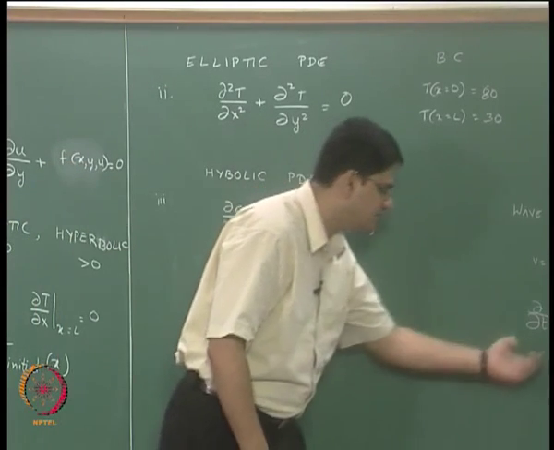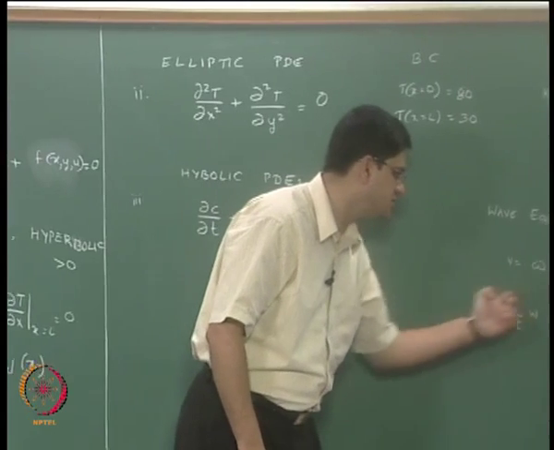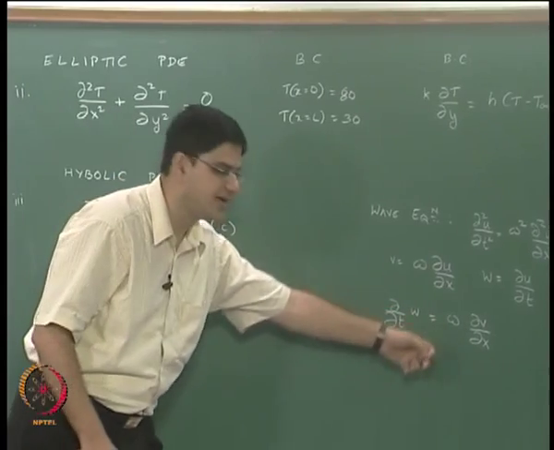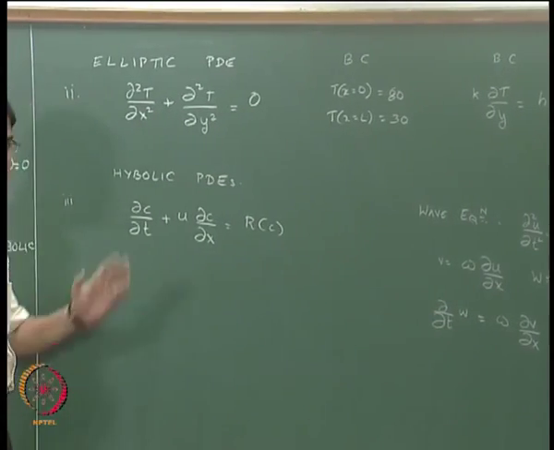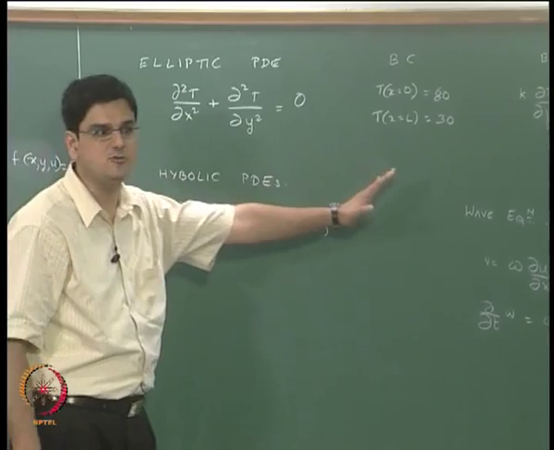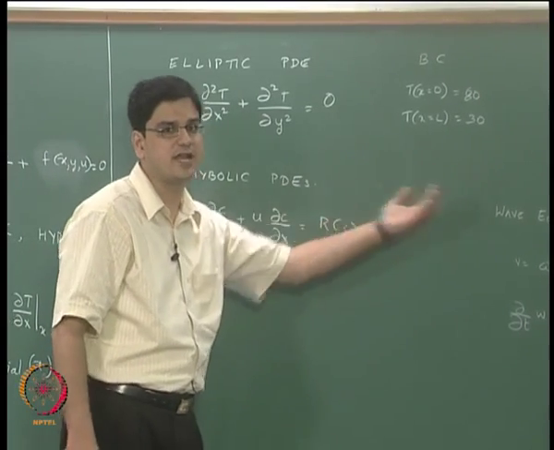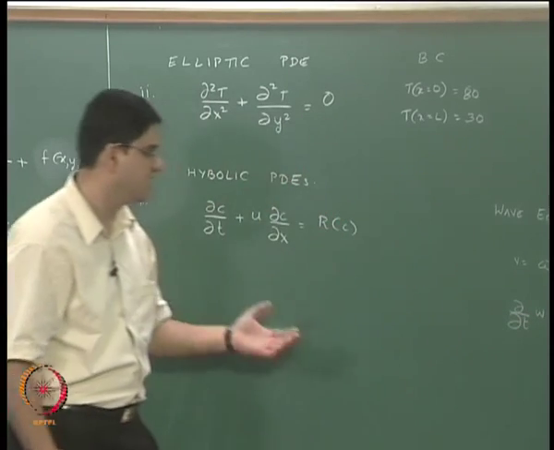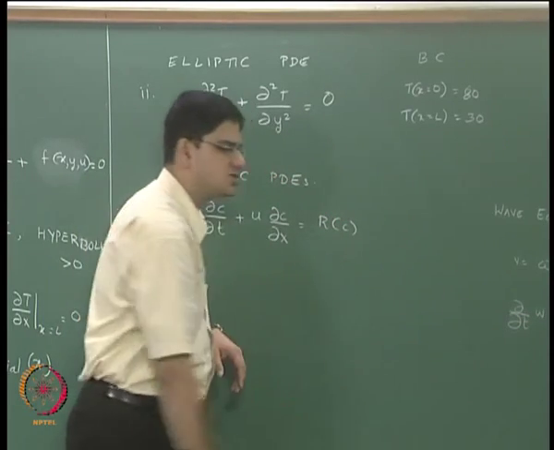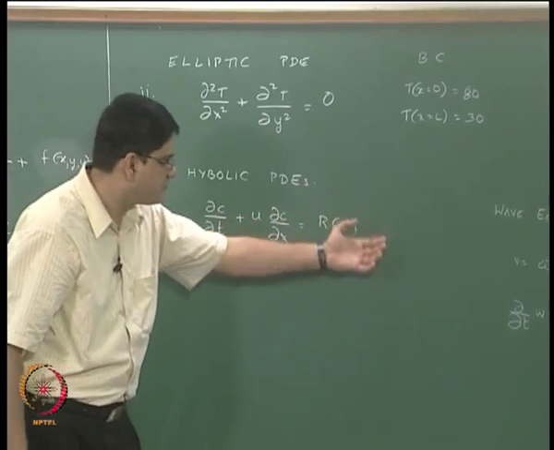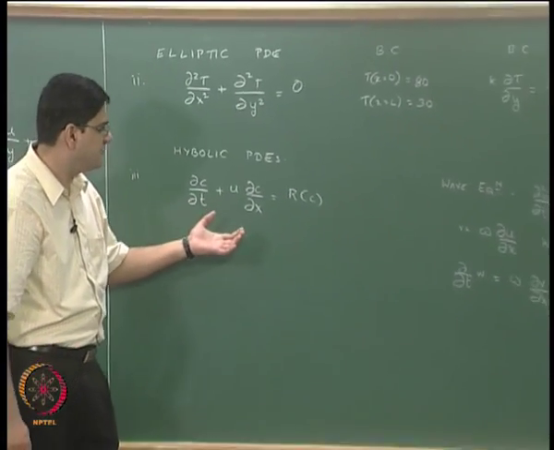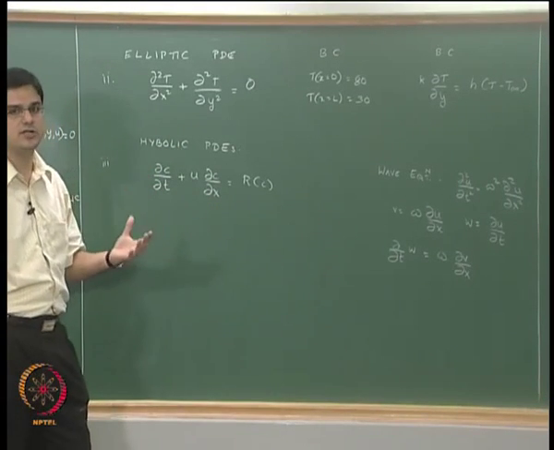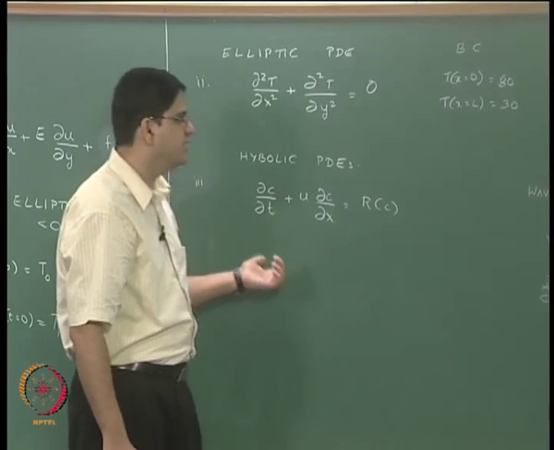Okay, so we have dou c by dou t plus some velocity multiplied by dou c by dou x, and this kind of has a form like this, where u as well as omega can either be positive or negative numbers. If the flow is from left to right, u by convention is positive, or from right to left, u by convention is negative. Likewise, we have positive or negative omegas. So, if you compare these two equations, that is where we get this statement that a PDE of this type has hyperbolic like qualities,